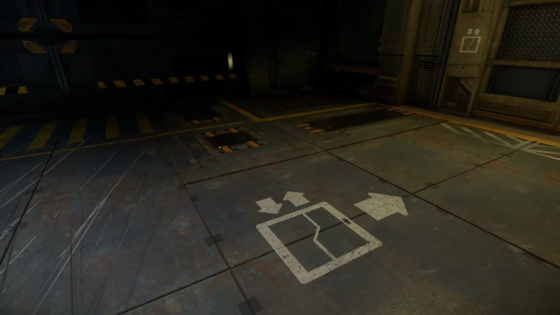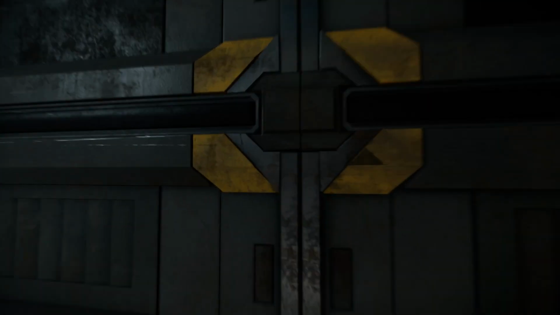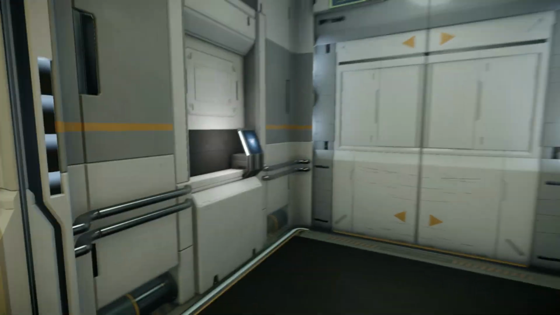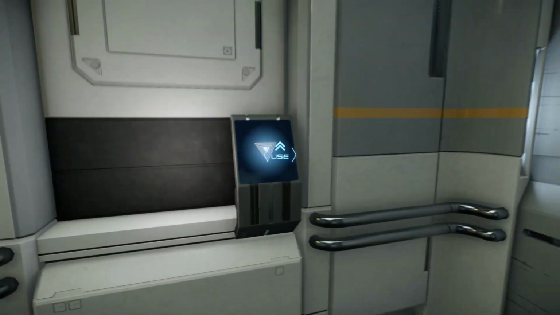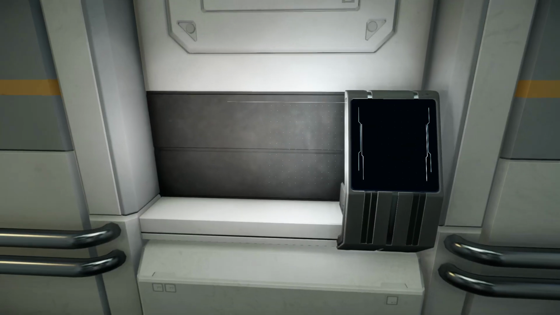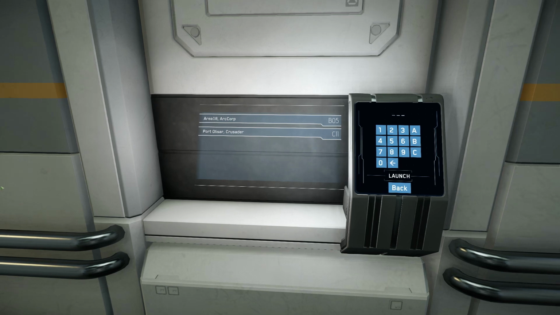you see goofy little diagrams on the floor. Can't go forward through there, but this side guy over here is an elevator. Now, what this elevator represents is access to the public universe, the PU, as it's called. And what you're going to do is you're going to get in the elevator, you're going to hit Use, and you're going to be presented with these 2 options here, Area 18 ArcCorp and Port Olisar Crusader. Area 18 ArcCorp is the ground-based. It's one of the cities,